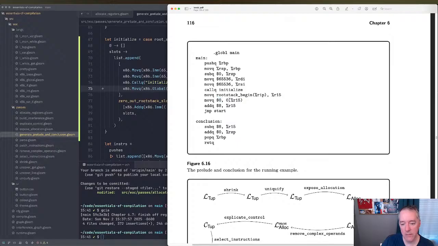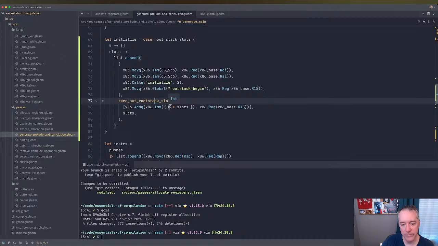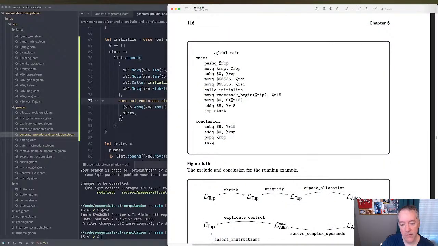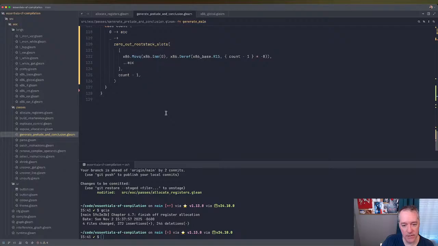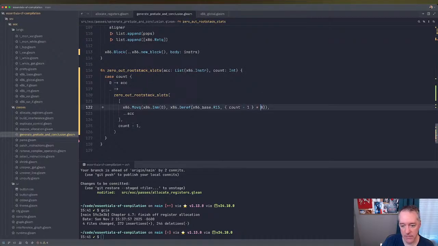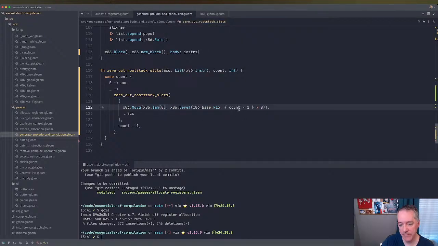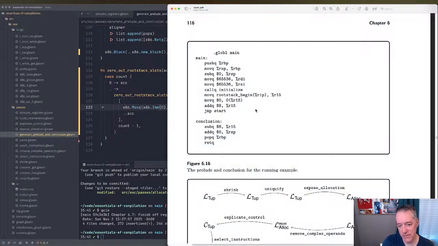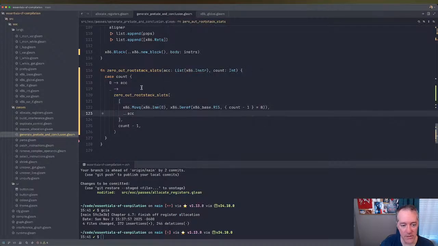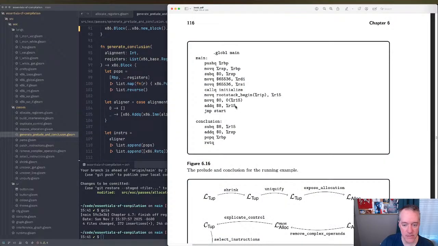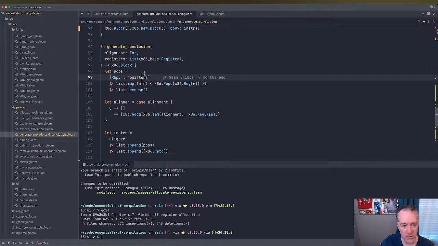So we did set this to 0. Oh, interesting. This is not negative down here. This needs to be not negative because we're initializing it before we move it. So we're zeroing out those slots before we move them. So we don't want to decrement. We could decrement before the root stack begin pointer. That would be bad. Okay, so that's the initialization, and now in the conclusion, we just have to have the